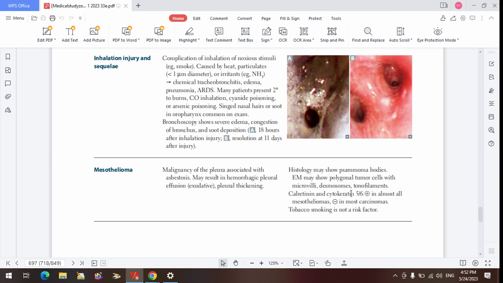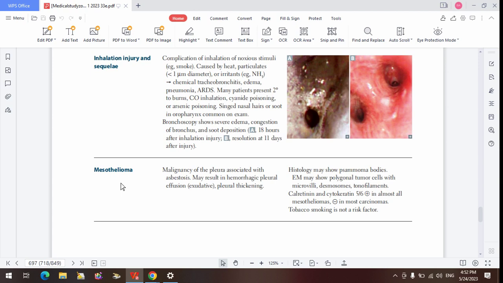So one of the prominent intermediate filaments that you find in someone with mesothelioma, joining those epithelial cells, is cytokeratin. Cytokeratin is an intermediate filament. We have different types, but the one that is prominent in mesothelioma is cytokeratin type 5 and type 6. Because mesothelioma can resemble lung cancer, the squamous cell carcinoma of the lung. They look very much alike.